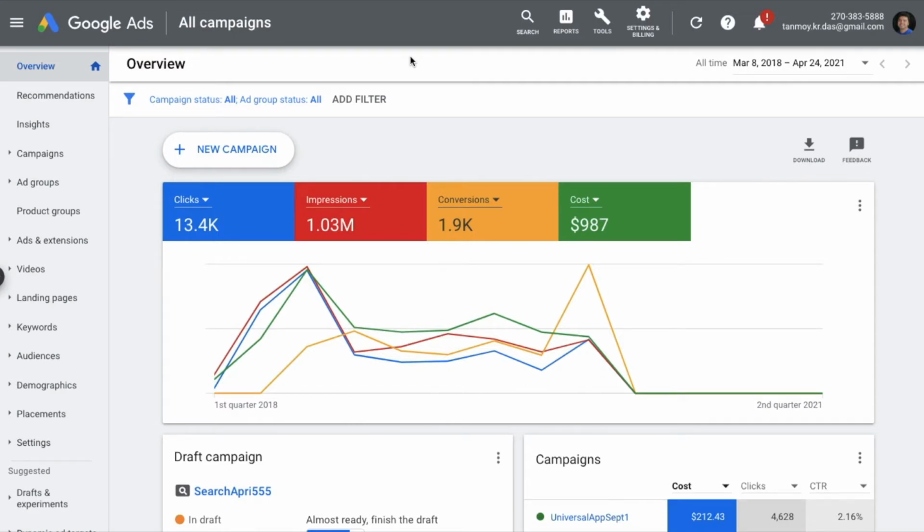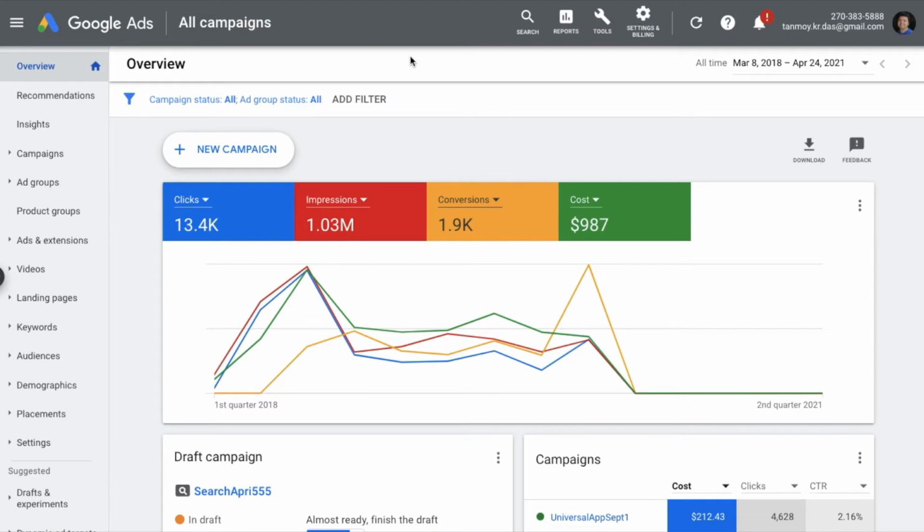Today we are going to look at how to use Audience Manager from Google Ads. Audience Manager is a particular section in the account which is used primarily for remarketing purposes. With the help of this, you can do various kinds of remarketing which is possible out here. We will see the whole process and we'll get to understand all the aspects of this feature.